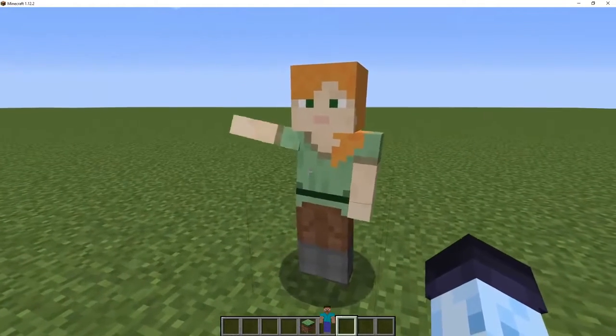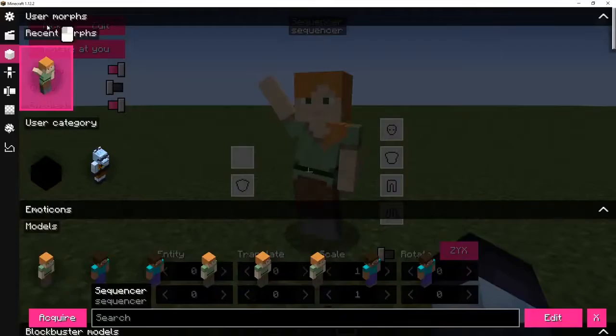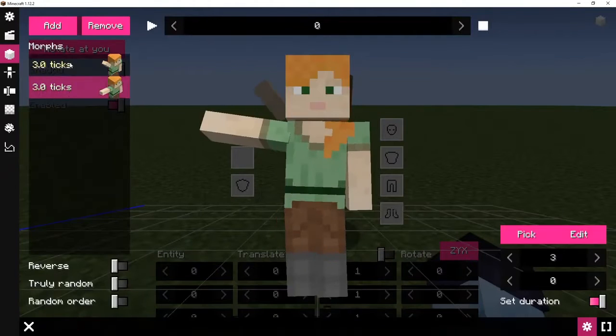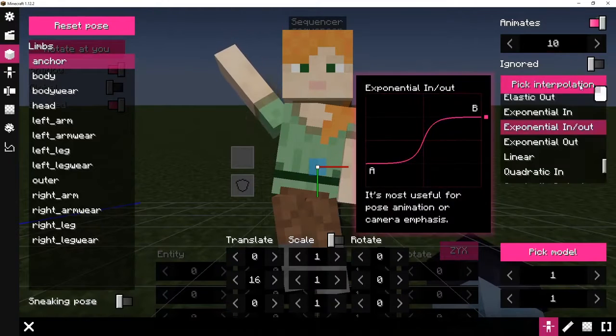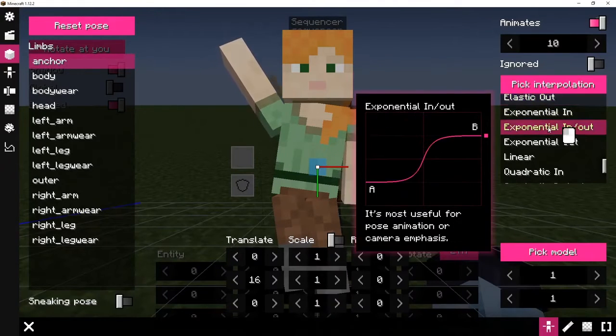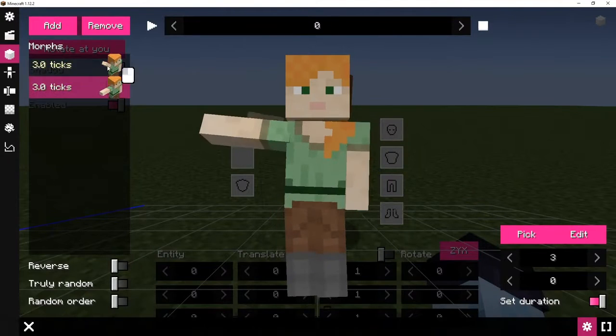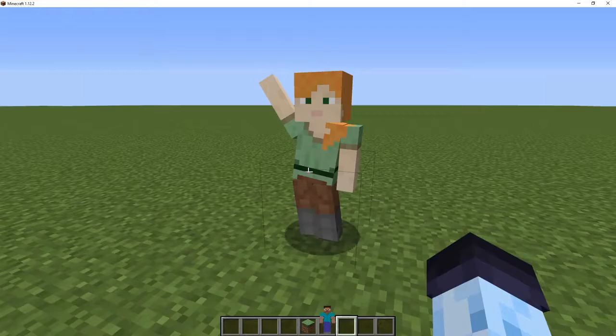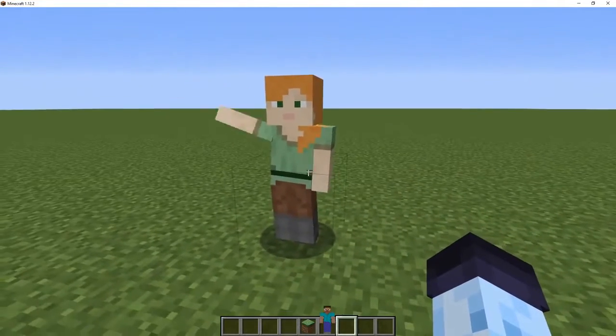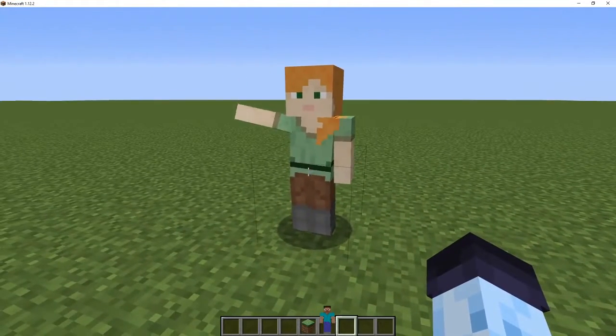So this is the basics of animation. You just basically have that's the way it flows. Have multiple morphs, have animates enabled, duration, interpolation, and they change between each other by smoothly animating the pose. The other way is using